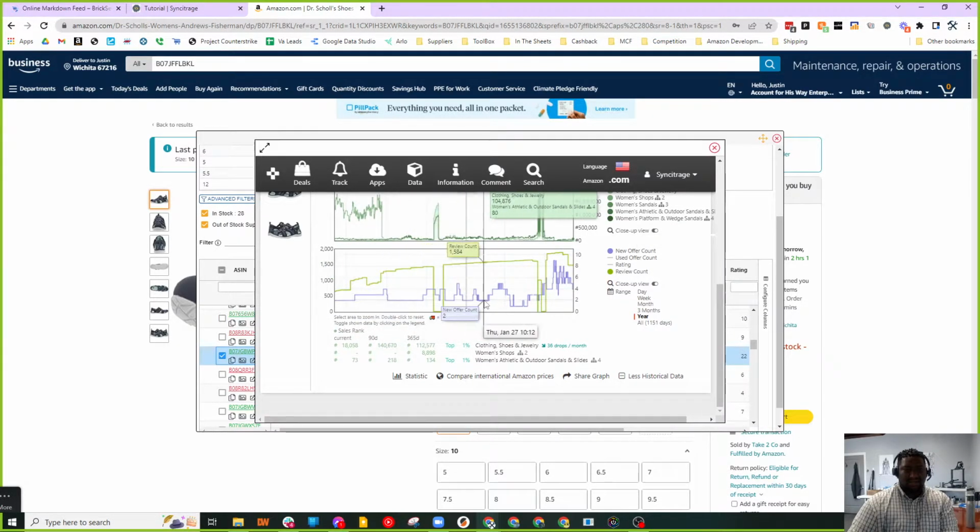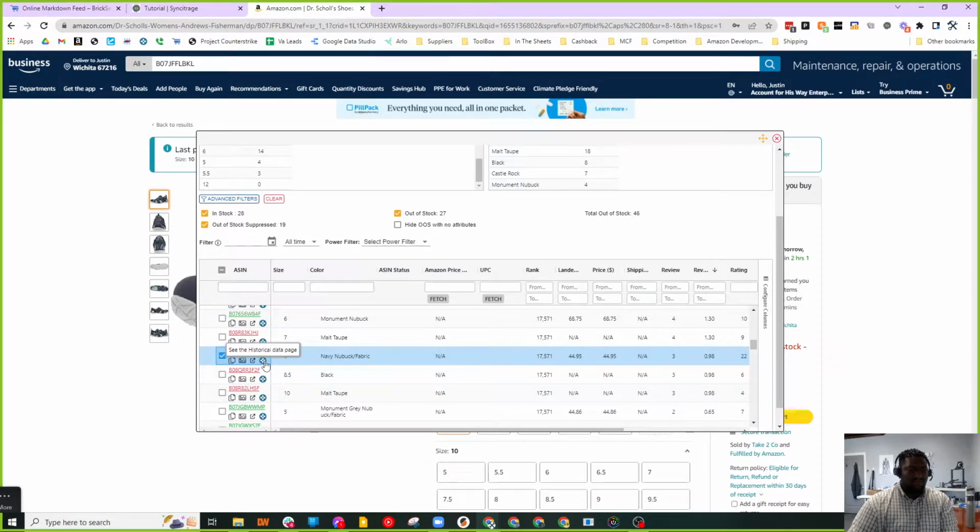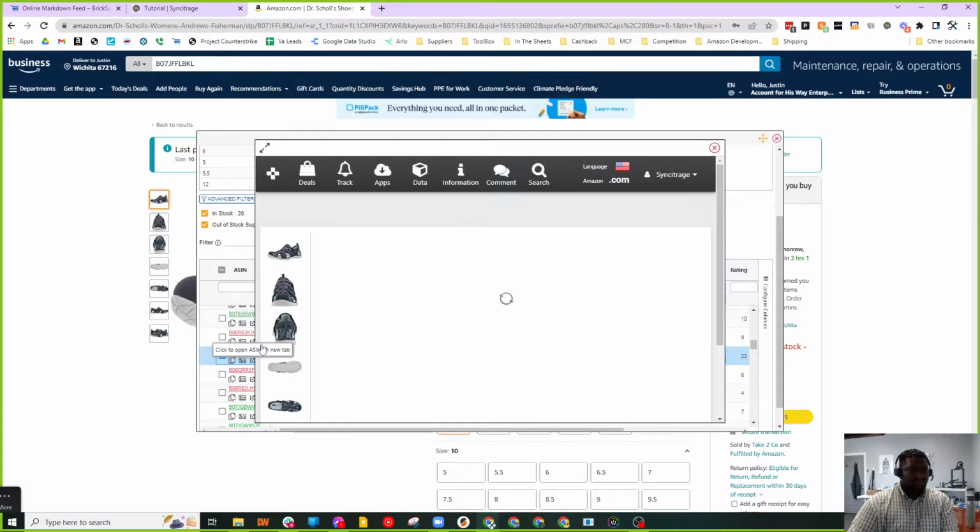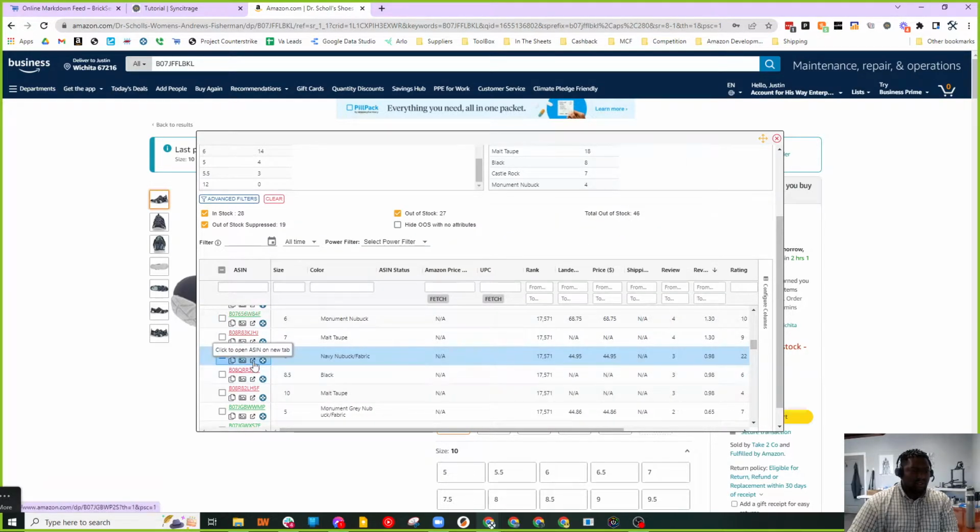So this bottom line down here in Keepa is the offer count. And what we would like to see is movement in it going up and down, well, not up all the time, but down is what we're looking for. Let me open this up on the Amazon page so we can see it a little bit better. But what we want to do is look for movement in that offer count